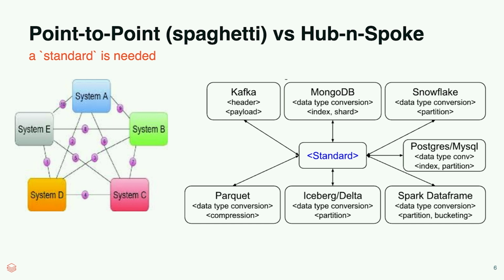So now on the right side, we have an alternative. This alternative is called hub and spoke. So in the center, we try to build something called a superset. It means you have the most comprehensive typing system so that you can do a more precise annotation about the data type and additional metadata information. And then when you try to do this translation from one to the other, you go through the center first so that everybody has a contract with the center typing system instead of doing a direct connection to the source or the target.